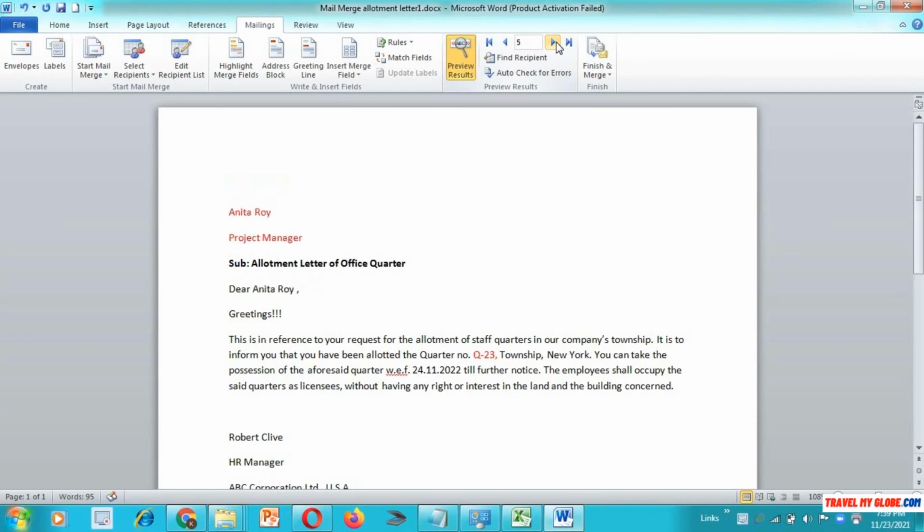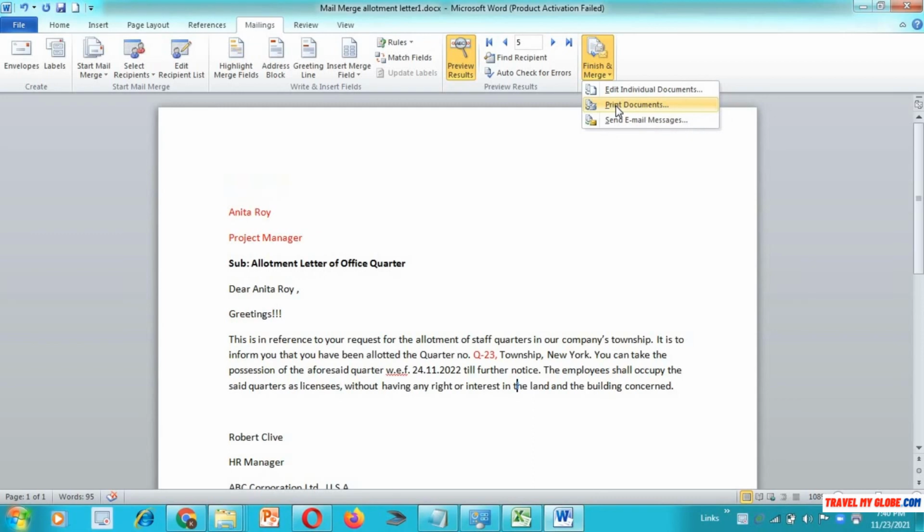Now if you want to take the printout, you can also take the printout. If you want to take the printout of all those letters, that means if these are 100 letters or 1000 letters, you can take the printouts within no time. When you go to finish and merge, you will see three options, and the second option is print document.